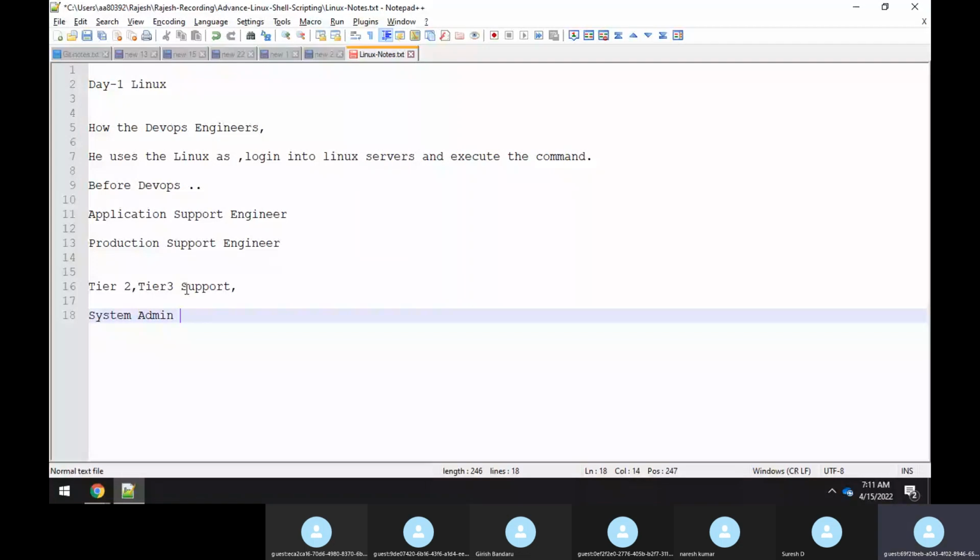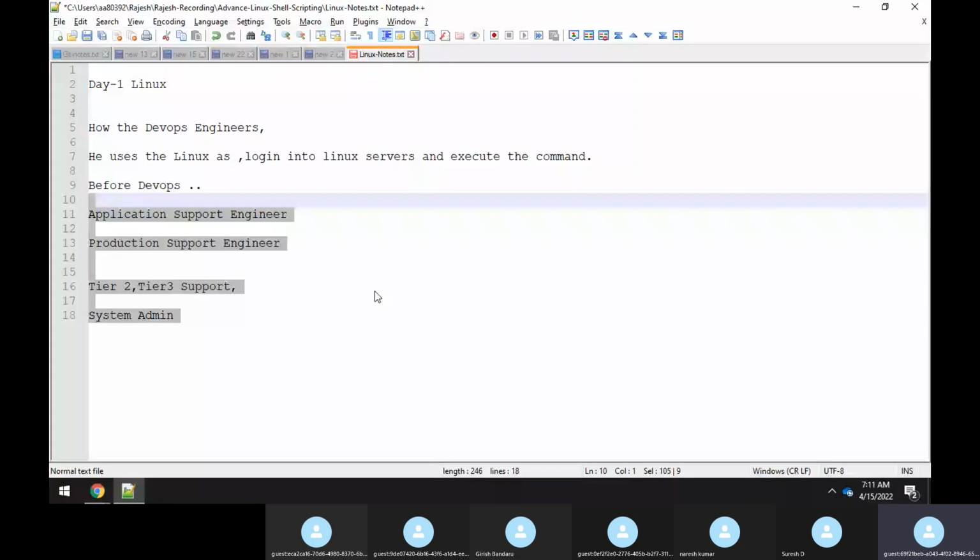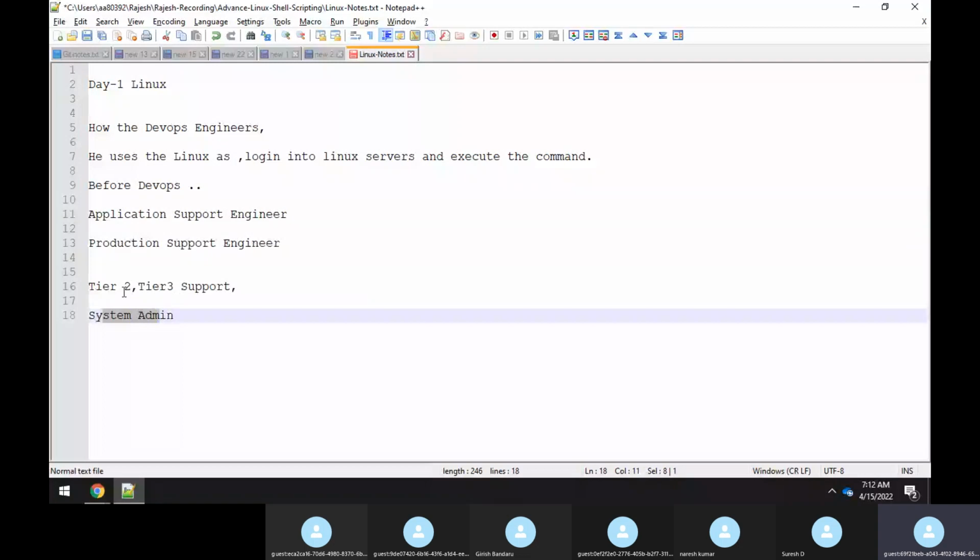Now, what has happened slowly? We brought in a culture where the support engineer or the system admin or the tier two can nicely interact with the developers to achieve certain tasks. Culture means there was some process formed where a system admin or a support engineer will interact with the developers to make sure that the systems are properly working in the test